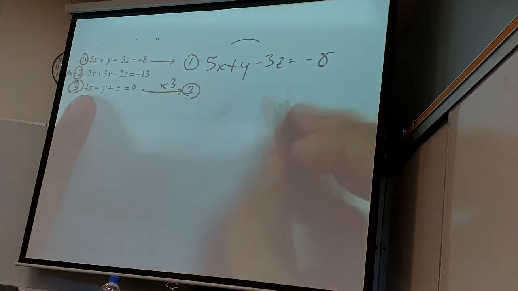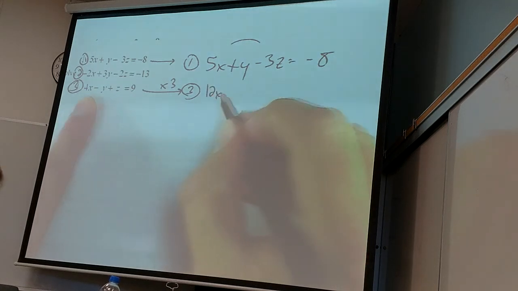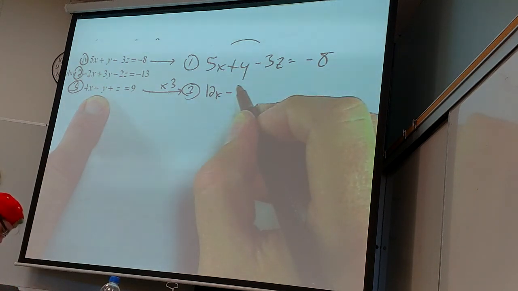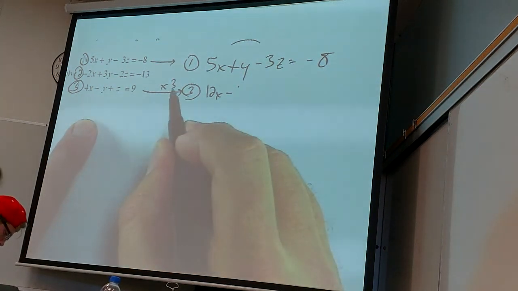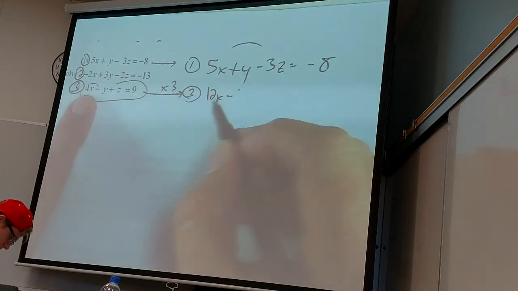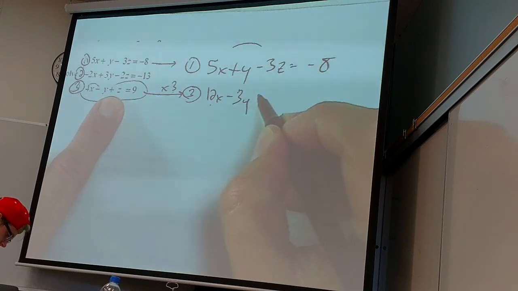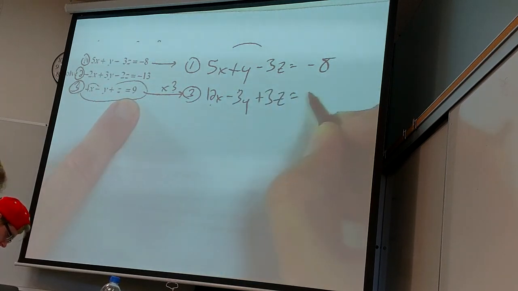So let's see what we get. We get 12x. What am I doing? I'm multiplying this whole thing by 3. So I get 12x, plus 3z equals